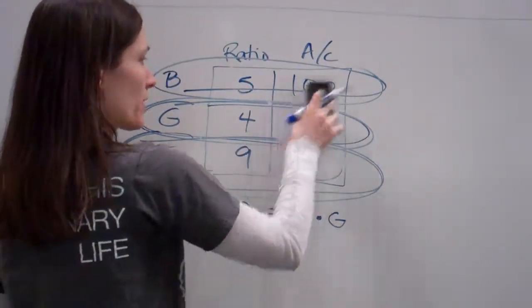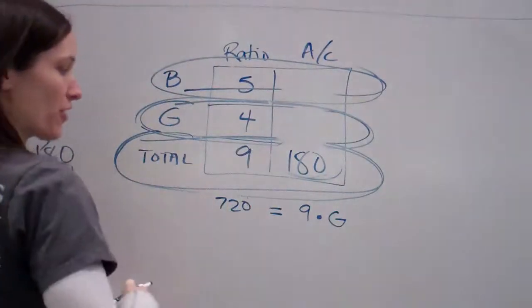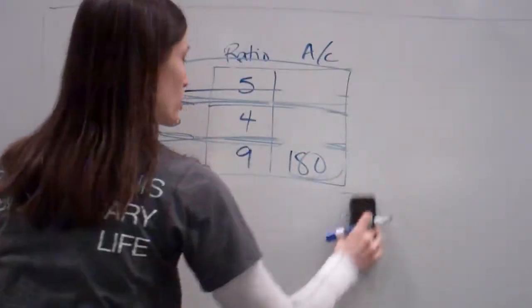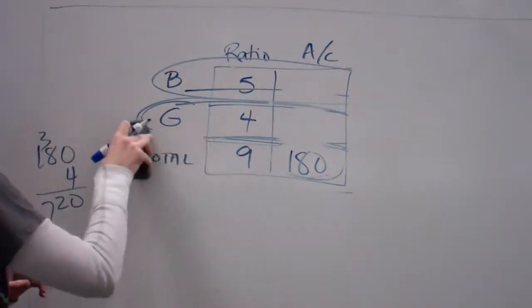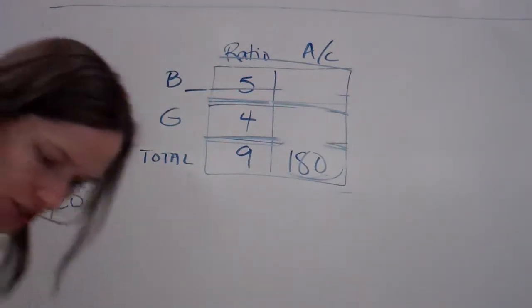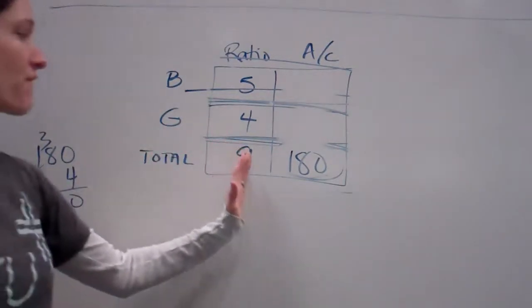Okay, so here's what I want y'all to see now. They've given us this information. We came up with that information. There's actually an easier way to do this than that, but a lot of times it doesn't work because sometimes things don't go into it. What I mean by that is, can I figure out